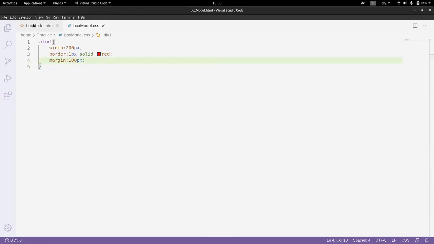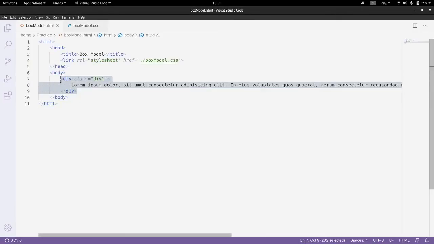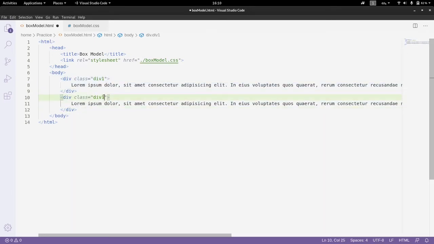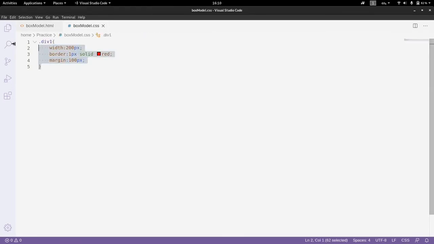This would be more visible to you if I use two different div containers. I'm going to just change this to be div2, save this, apply the same properties to the second div tag, save it and refresh it.